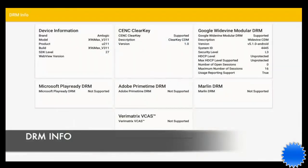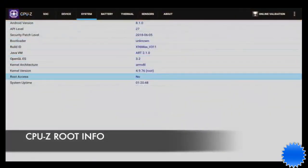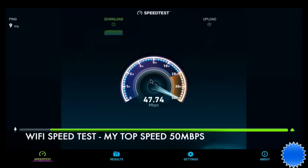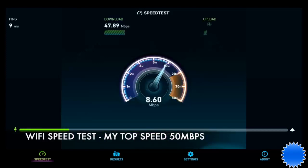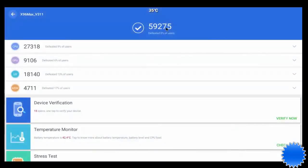So DRM info shows Google Widevine level 3 and CPU-Z shows it's not rooted from standard. Furthermore, in the Wi-Fi speed test, we achieved 47 megabits per second download and 9 megabits per second upload. I now show the results of the Antutu benchmark, and it shows that the X96 MAX got a score of